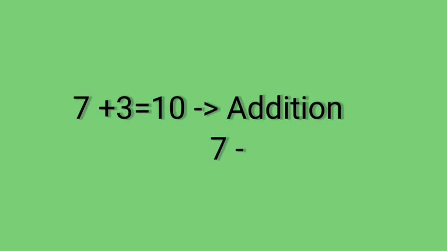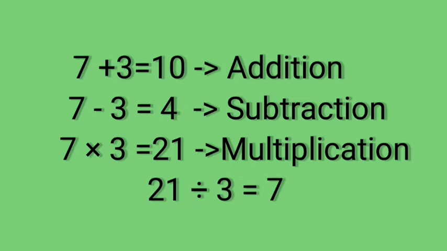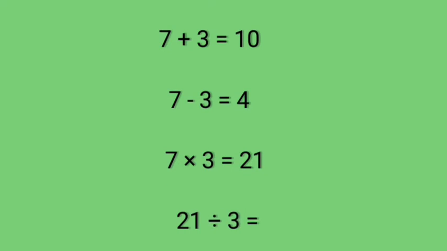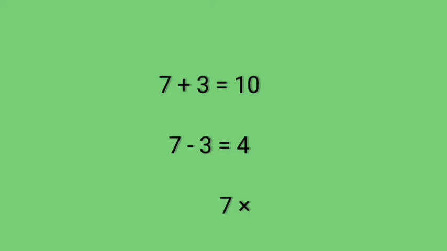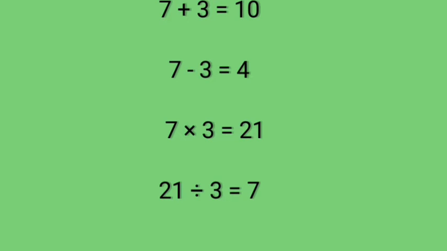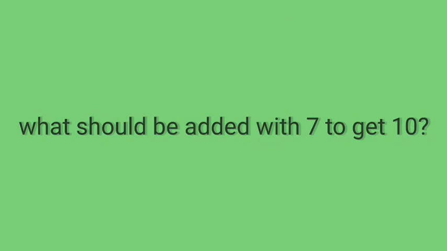Students, you know very well about all the fundamental operations like addition, subtraction, multiplication and division. Here, the numbers are combined with some fundamental operations. This combination of numbers is called arithmetic, and the basic operations are called arithmetic operations. In arithmetic operations, we can easily find the answer such as adding 7 with 3. But what would you do if I ask you to find the answer to be added with 7 to get 10? What I mean is that what should be added with 7 to get 10?